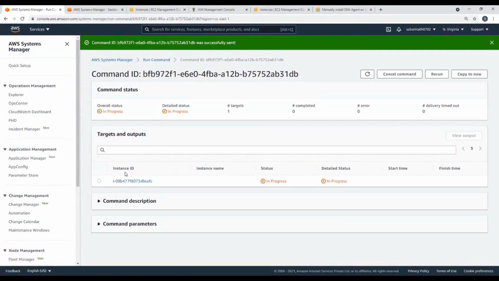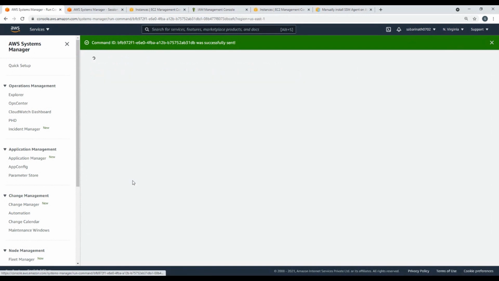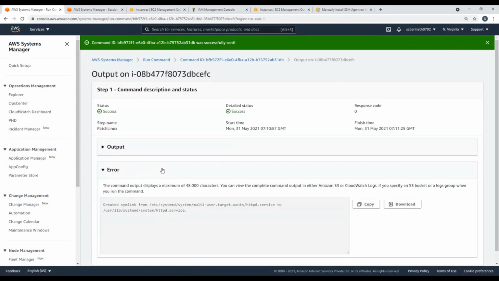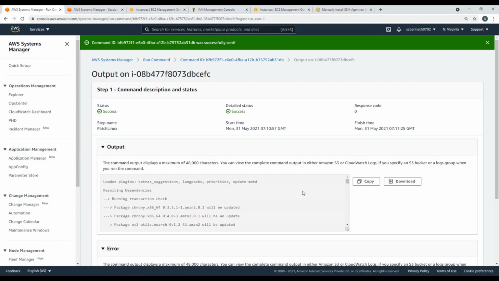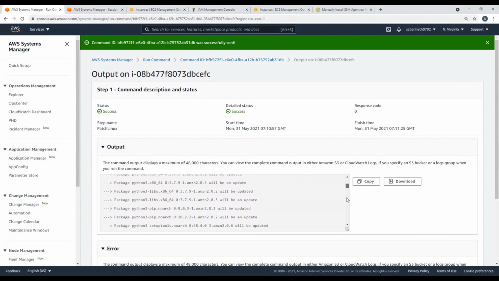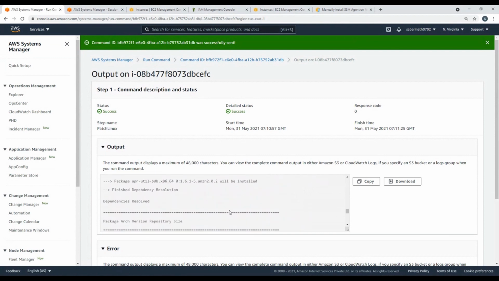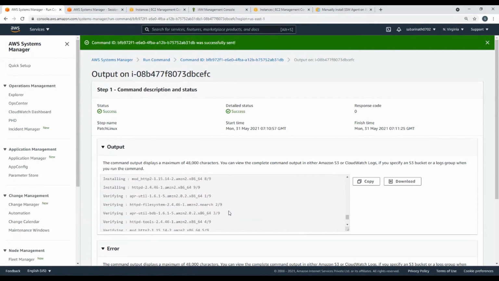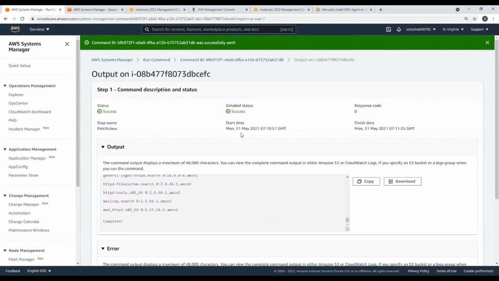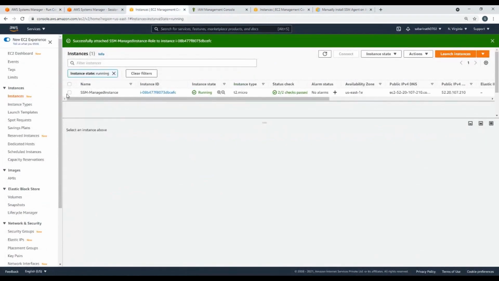Normally, it might take some time for yum update to complete. Yes, it's completed. We'll click on the target instance ID and see the output. We could see it completed the yum update, installed httpd and performed the configuration. So we'll check that